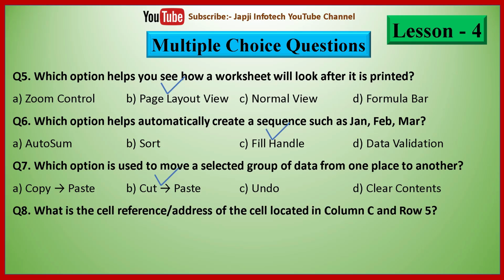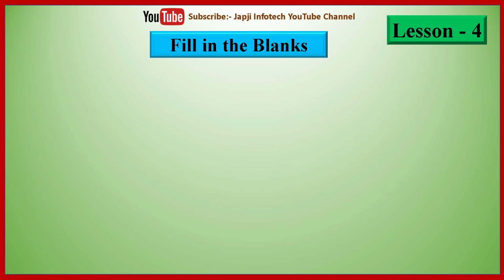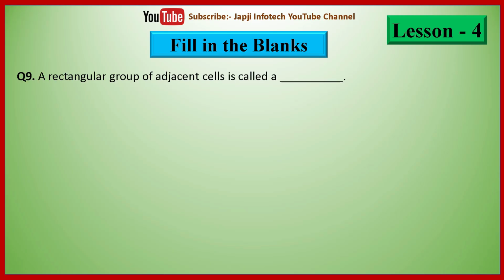And the eighth question is, what is the cell reference or address of the cell located in column C and row 5? And the options are 5C, 30C, 3E, and the last one is 5C. And the right answer is 5C is the cell reference or address of the cell located in column C and row 5. So now we will study fill in the blanks in this part, in which question number 9 is,